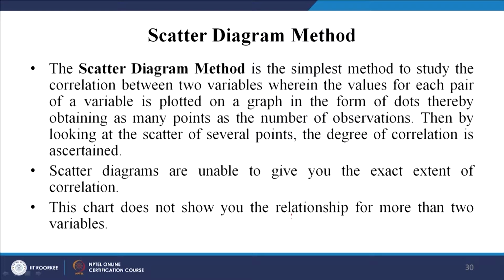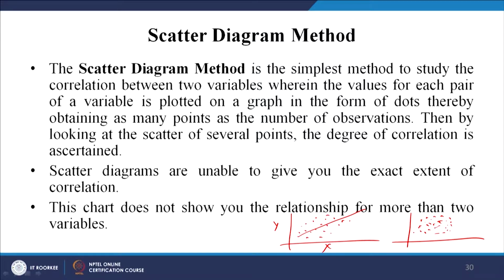That means, it looks something like this. For example, if I plot certain dots, right, the dots are each my observations. Let us say this is my x and this is my y. So, can I say what kind of correlation exists? If I draw a line in between, I can say, well, there is some positive correlation, it is increasing, it seems, right. But suppose I have another relationship something like this. Okay. Here, it is very difficult to ascertain the correlation, in fact I can hardly say there is any relationship.